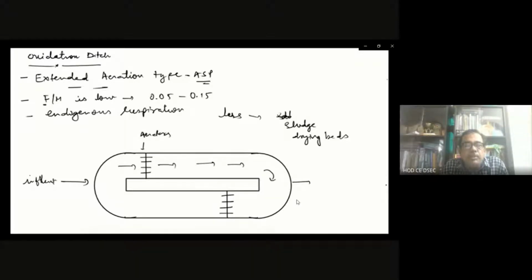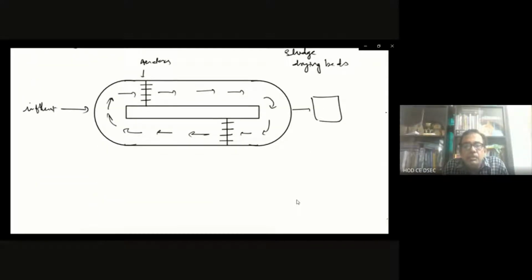So I am showing you in the figure the aerators, because oxygen aeration is being done by the aerator, and the flow of wastewater is shown by the arrow. And why elliptical shape? Because in an oval shape there should not be any dead zone arising. You see the effluent wastewater will be going to the right hand portion. I have shown the settling tank.